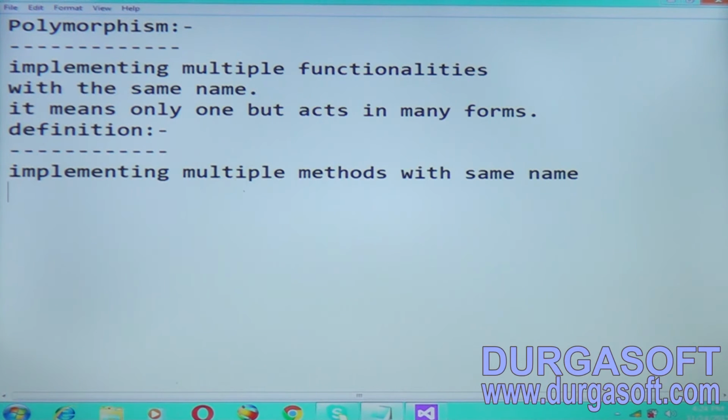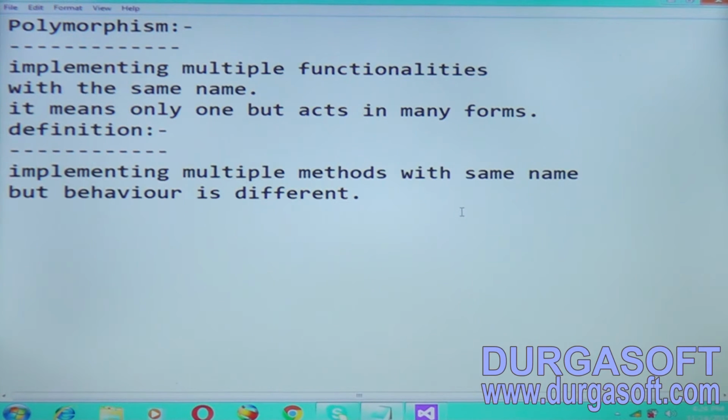You may have multiple methods with the same name, but they act differently and serve us for different purposes.